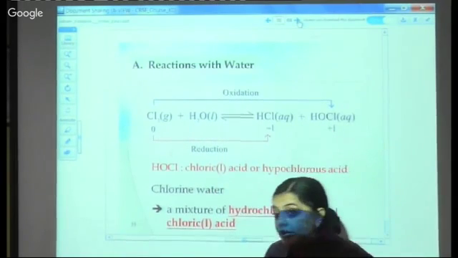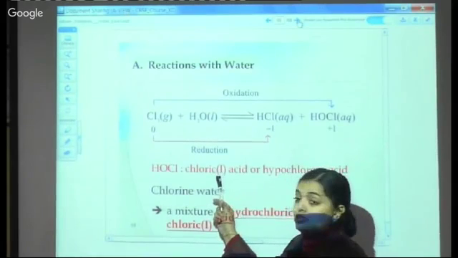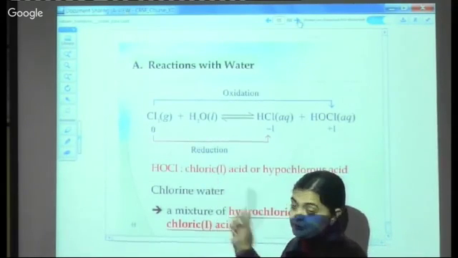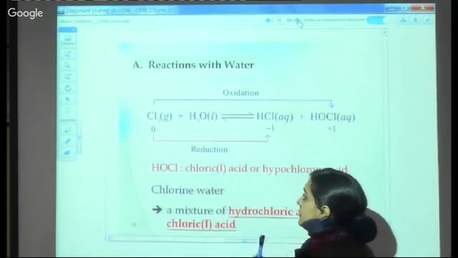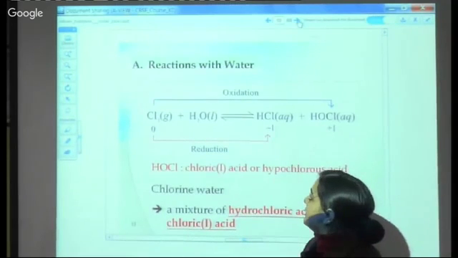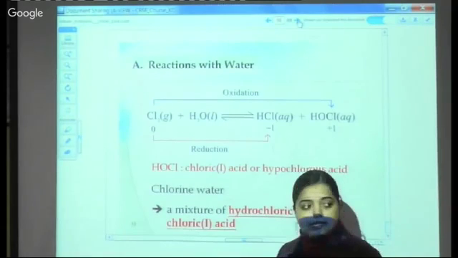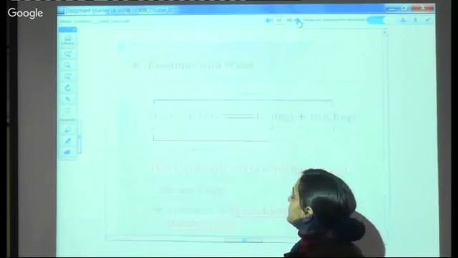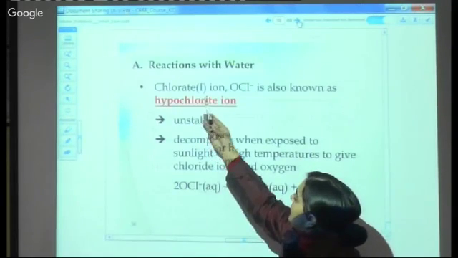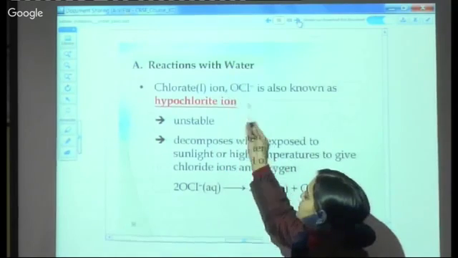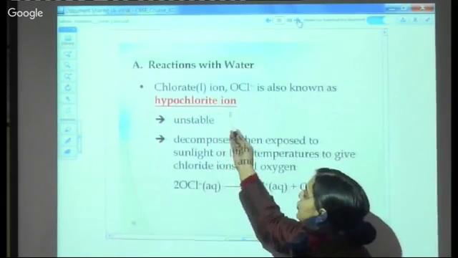HOCl is hypochlorous acid. One is marked for. Fine. Hypochlorous acid is being formed along with HCl. How? The chlorine water gives you HCl and HOCl. Next slide. So HOCl, the acid of the hypochlorite ion, is